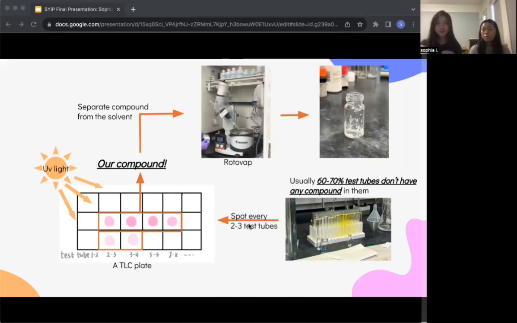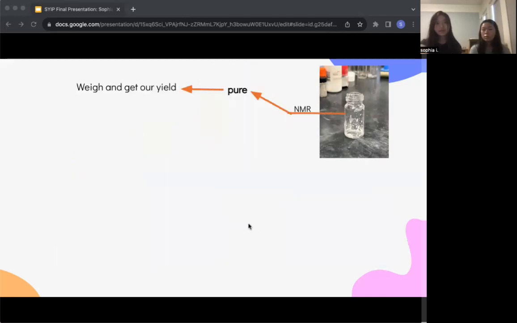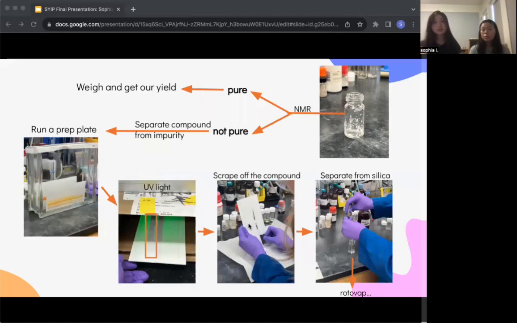Then we put our solution that contains the compound into the rollavap to remove all the solvents from the compounds. After that, we use NMR to determine the purity of our products. If our product is pure, the weight of both the vial and the compound minus the weight of the vial is our yield. However, if our product isn't pure, what we do is rinse the vial with DCM, transfer